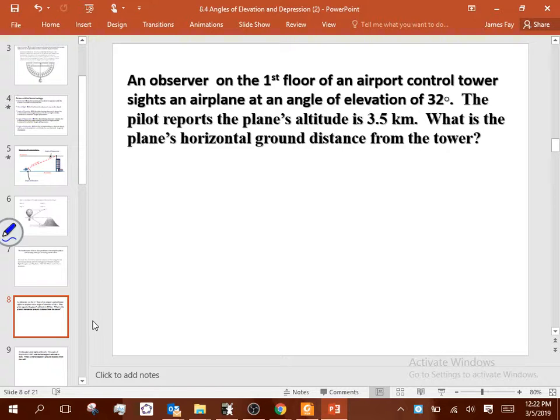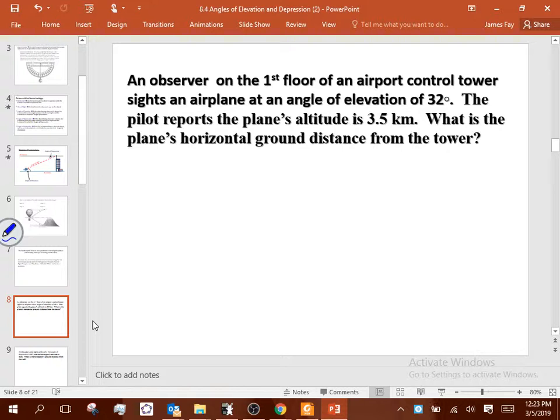I don't even read the whole problem usually. I am not going to suggest you do that, but I go line by line, piecing things together until I get to the last line, and then hopefully I've got a picture when I'm done. With you guys, let's go ahead and read the whole thing first and then go back and go line by line. So it says, an observer on the first floor of an airport control tower sights an airplane at an